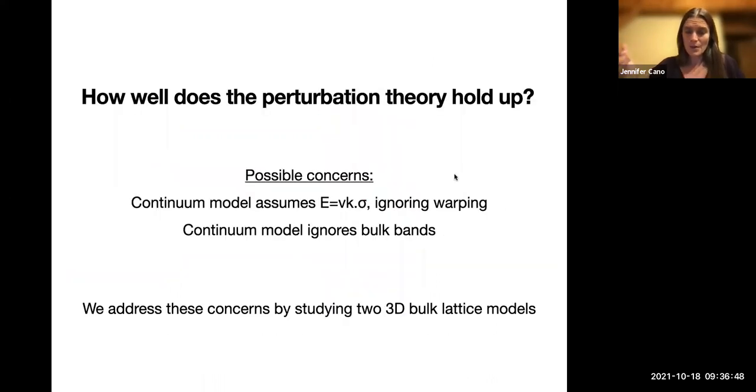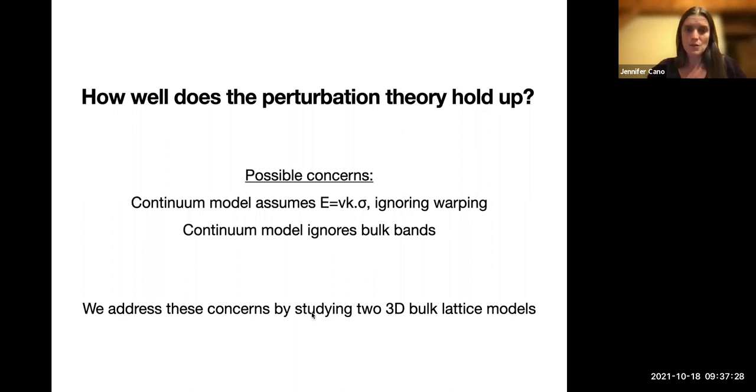Okay, so I showed our perturbative result, which is that we can increase or decrease the velocity of the Dirac cone by applying a superlattice potential in different ways. We can either ramp up the strength of the potential, or we can make a smaller wave vector. But you might be skeptical that this perturbation theory will be effective. There's a couple of concerns one might have. One is that we've assumed the Dirac cone just goes like k dot sigma, so we don't have any anisotropy in our surface states. And the other is that our continuum model is completely ignoring the bulk. It's just looking at the